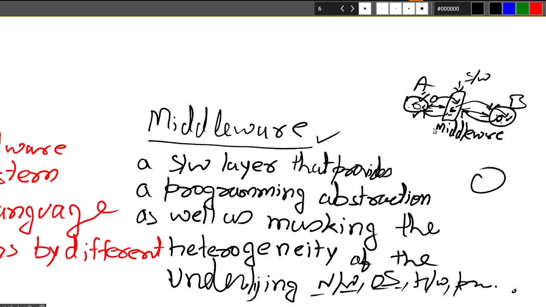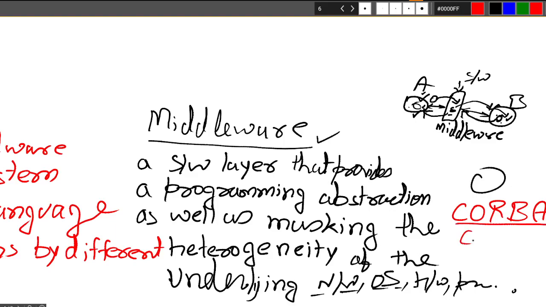Some of the examples, if I have to tell you, I can tell you about CORBA. Have you heard about CORBA? Maybe you would be studying Java. You would be studying CORBA. Do you remember CORBA? What is this CORBA?